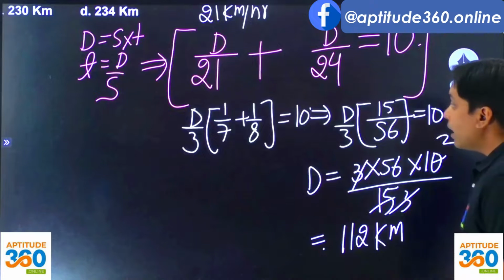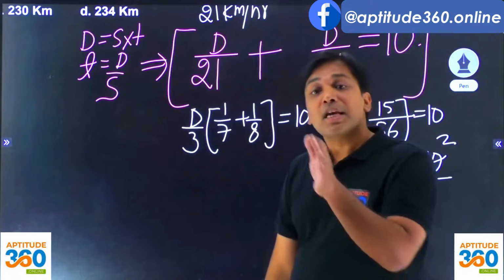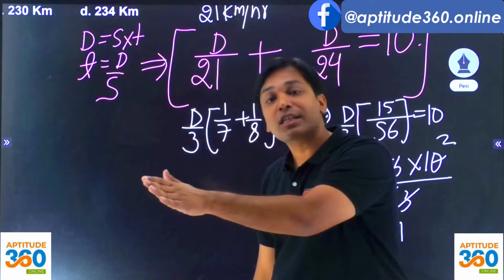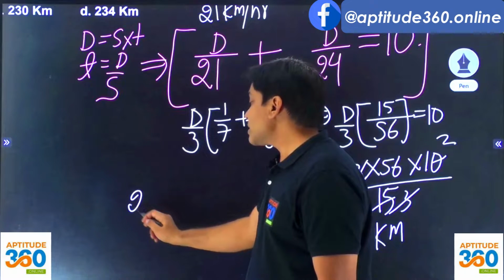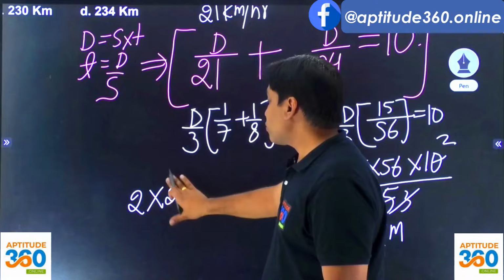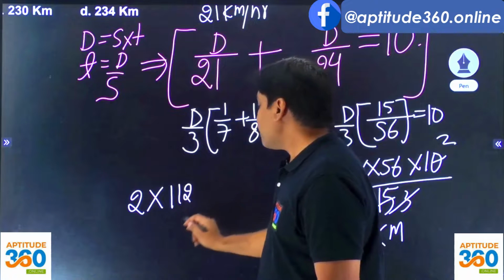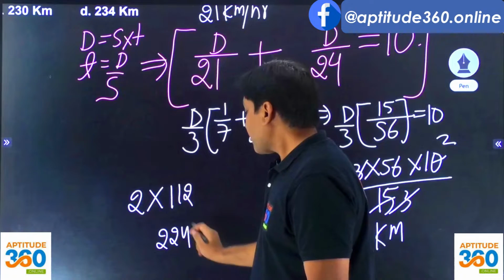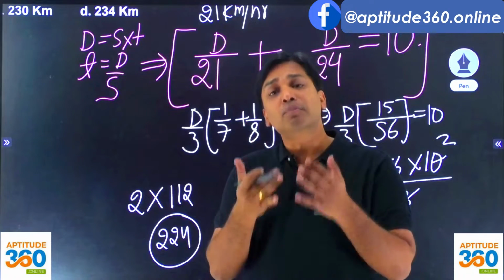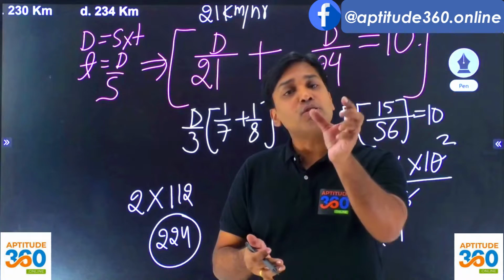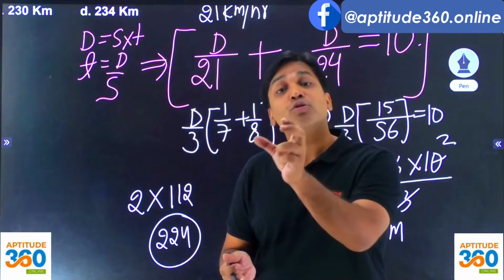But 112 kilometers तो A से B हुआ, तो B से C भी तो 112 होगा. What is going to be the total distance? The total distance is going to be 2 into 112, which is 224. Now understand this. Had it been a good problem, एक ऑप्शन तो 225 होता और दूसरा ऑप्शन होता है 224।